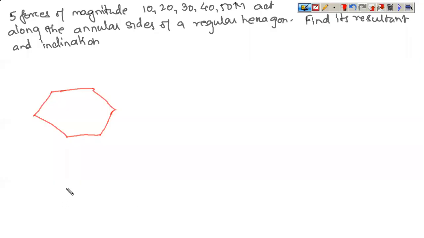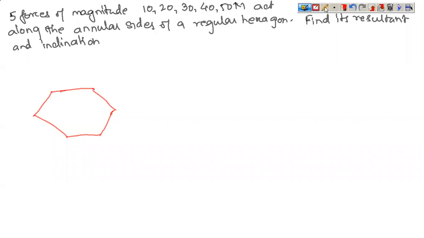Now, come to the problem. The problem says that five forces of magnitude 10, 20, 30, 40, 50 Newton act along the annular sides of a regular hexagon. Find its resultant and inclination. So this is a regular hexagon. Obviously, it doesn't look so, but it is a regular hexagon. Now, annular sides means that